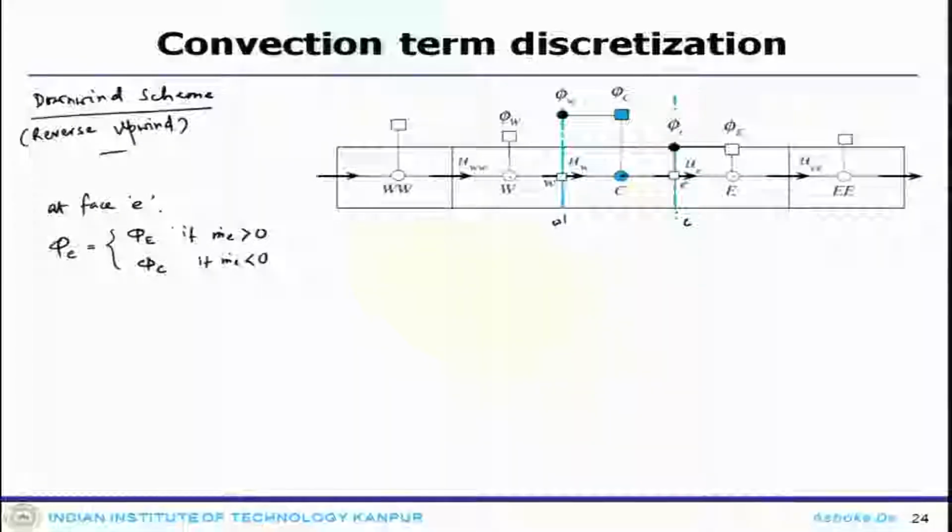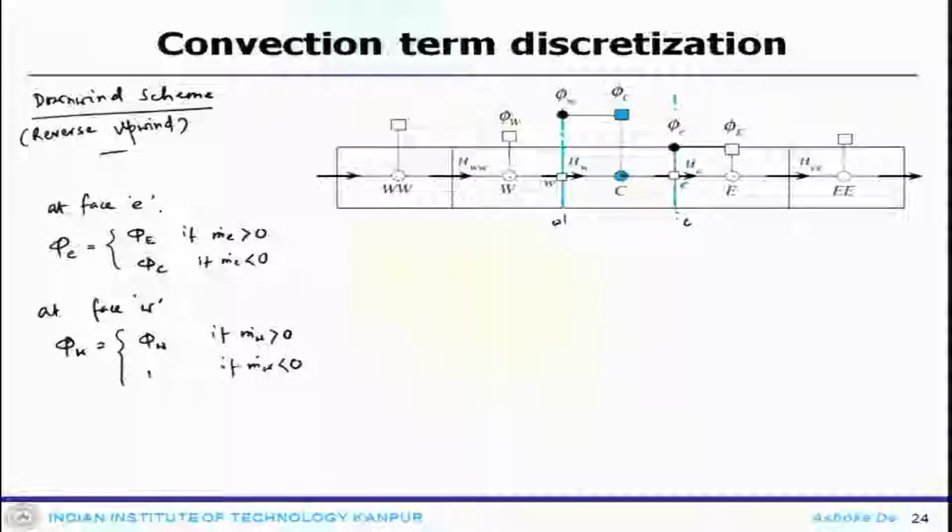In the conventional upwind scheme, what was there? If the mass flow rate is greater than 0, the face value is assigned to phi C, and if the mass flow rate is less than 0, the face value is assigned to phi E. Now, similarly, at face W, phi W equals phi W if m dot W is greater than 0, and if m dot W is less than 0, it is assigned phi C. So, again this is flipped as compared to the conventional upwind scheme. Now, one can write the